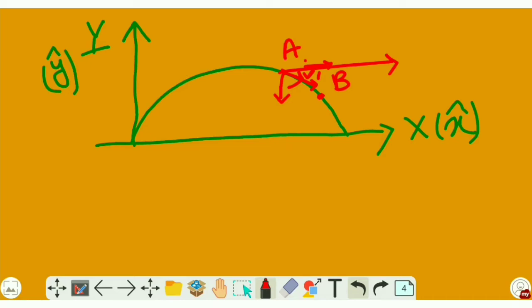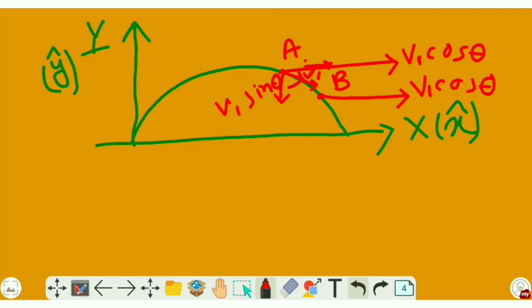The horizontal component becomes v1 cos theta and the vertical one is v1 sin theta. Now when it comes to point B, as no force is acting in the horizontal direction, it remains constant, that means v1 cos theta, and as the gravitational force is acting downwards, the component becomes v1 sin theta